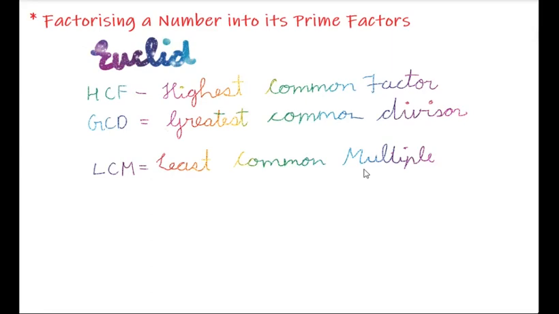Multiples, you have studied in 5th standard. Even factors, divisors, everything we will revise. But from the multiples, whichever is the smallest number is called the LCM. So Euclid used that method, and he found out the HCF or GCD and LCM of numbers.